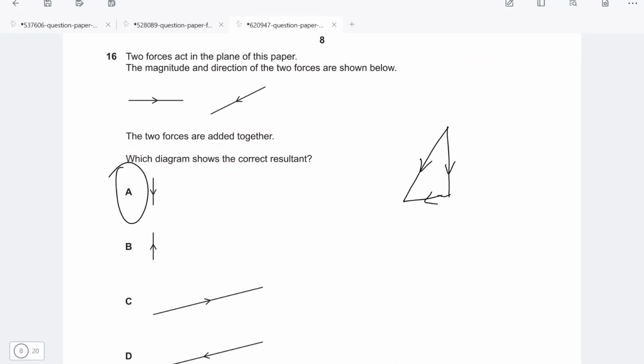Question 16, all about vectors. We have two forces acting in the plane of this paper. We're given the magnitude and the direction of the two forces which have been shown. Which of the following diagrams is correct? Well, when we add those two